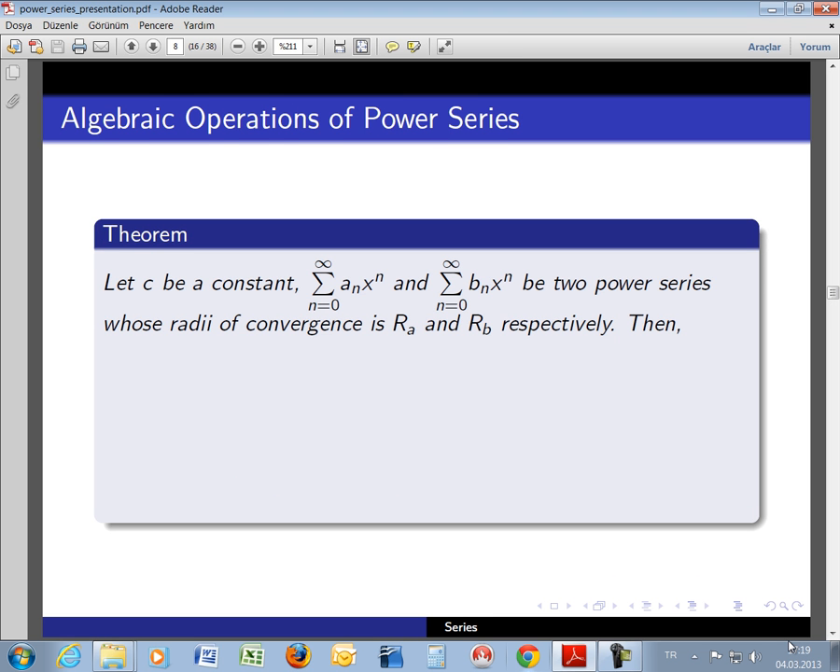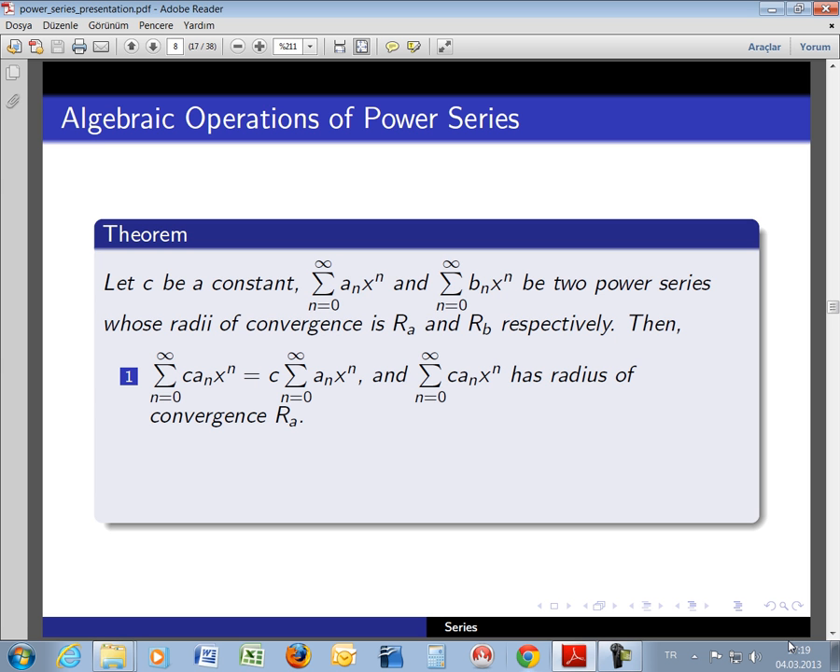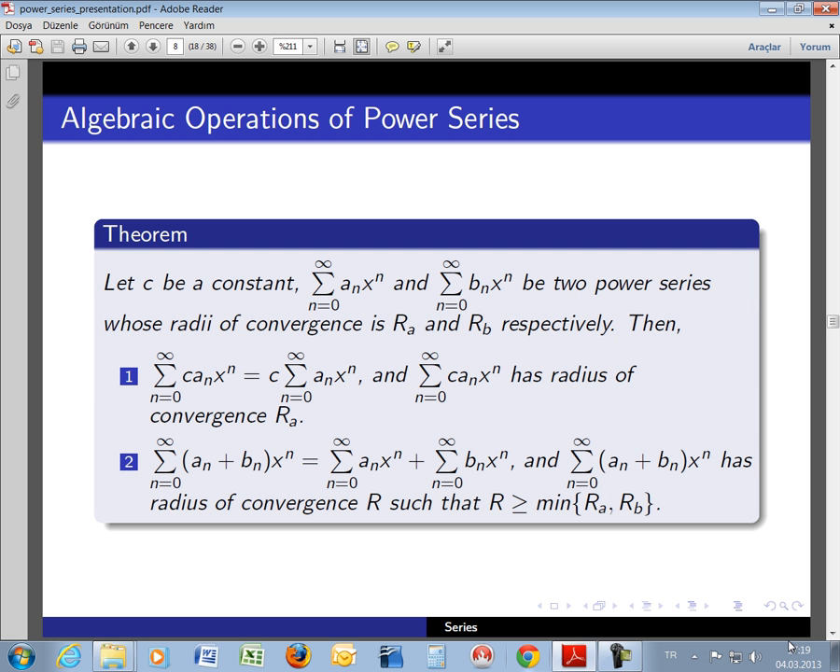After this example, let's have a theorem. It says that if we have two power series, both converging on their radius of convergence, then we can say something more about the power series. In this case, the first condition is a constant times the general term. Then we can take the constant outside the sigma notation, and the radii of convergence of these two series are the same. In the second, we may add these two power series,